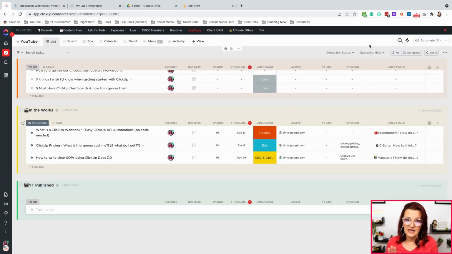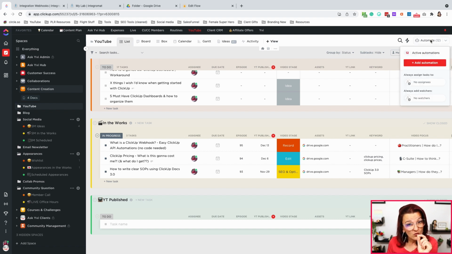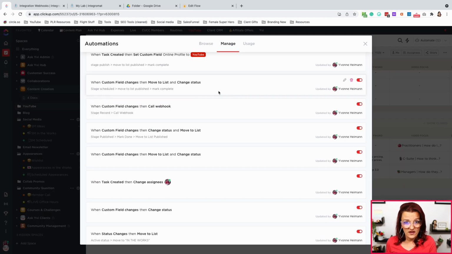Now in ClickUp, again, you need to decide where you are setting up this automation. In my use case, this automation happens directly in my YouTube folder because I want this to trigger no matter where the task is in my YouTube folder, specifically on one custom field. So with this, you might have heard me talk about this before.